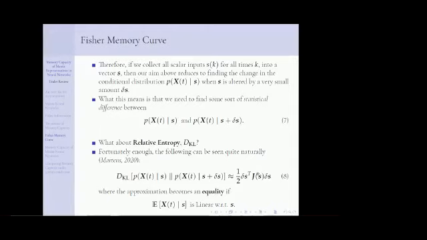I hope you can see now how we are going to construct a notion of memory capacity. If we calculate JS from equation 8, then we have a notion of how much information in the current state there is for each of the previous inputs. That is a very good notion, but it's not good right now because we have an approximation. We can calculate the left hand side using certain things we will see in the next slide, but if it's an approximation, then it won't be that good.